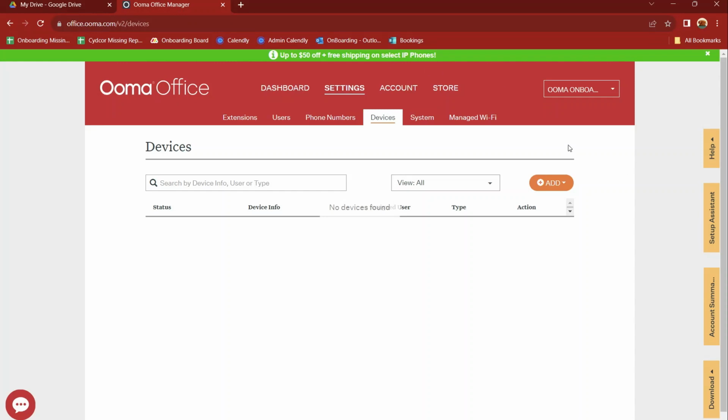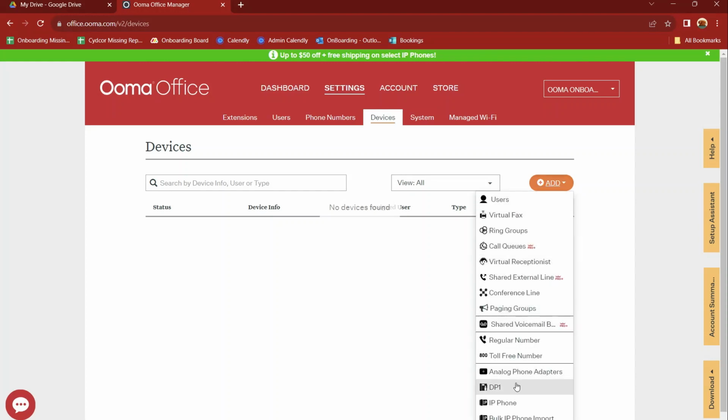Usually, when we ship out the phones, 99% of the time the phones will be listed on this page, Settings, Devices. In the case that it is a return, so we swap out the phones for any reason, or the phones were faulty and we sent out new ones, then you will have to add the phone. Now, this is going to be a rare occasion. Most of the time, like I said, we do this ourselves, but you click Add, choose IP phone, and then